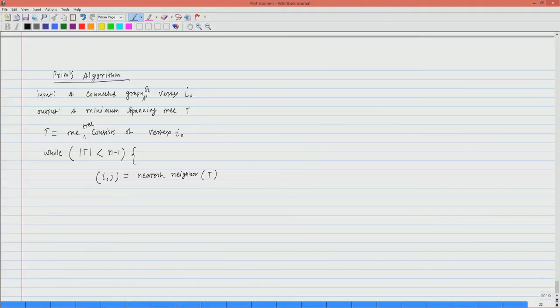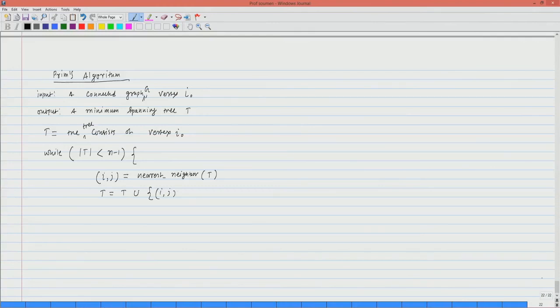So, here I wrote T. The only difference is that once you know T, you know S complement, because S is the set of vertices of the tree T. And then you update your tree, so T union